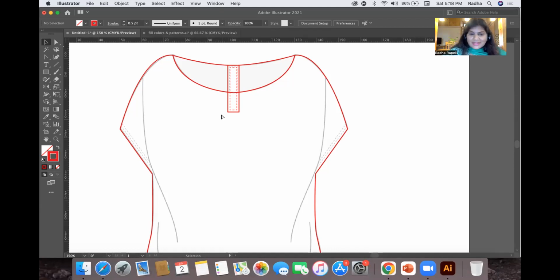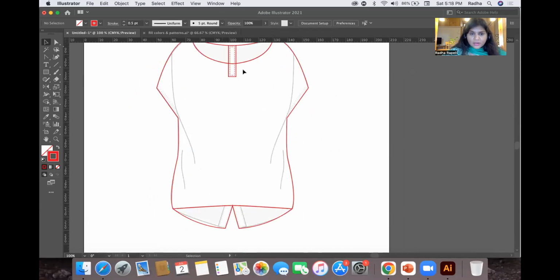Okay, chalo. Now let's do next. Now group it all. Everybody has grouped these two objects, the rectangle and the dash line. Both the things you need to group. Okay. After grouping, take a duplicate like this by using